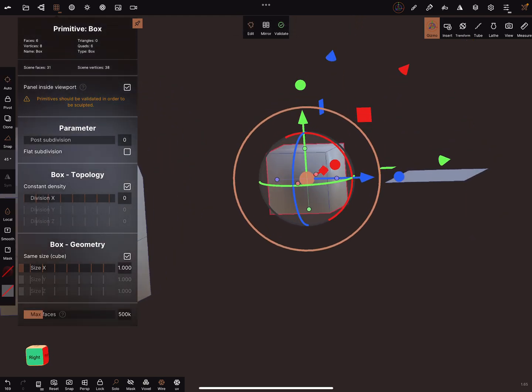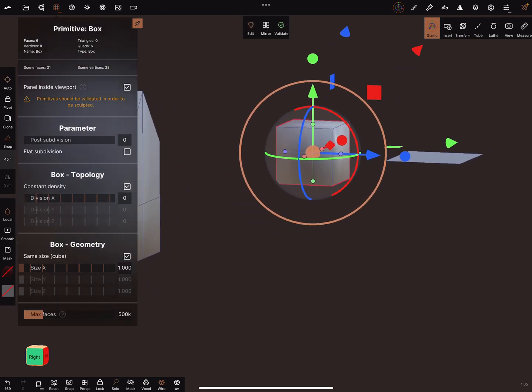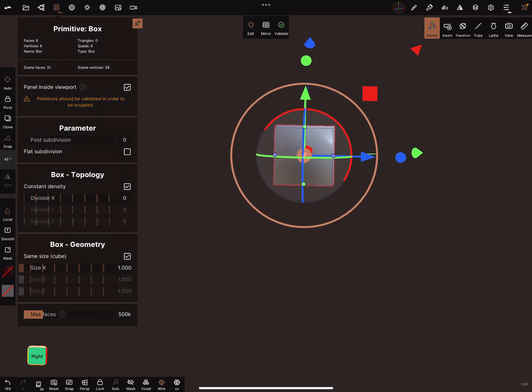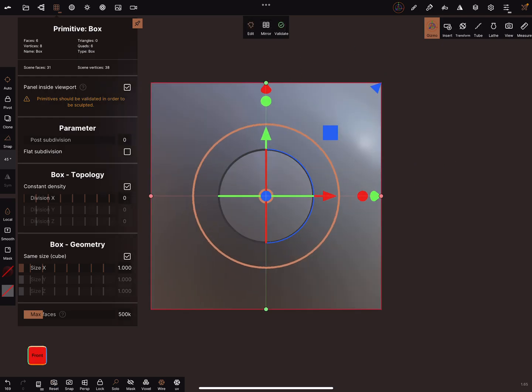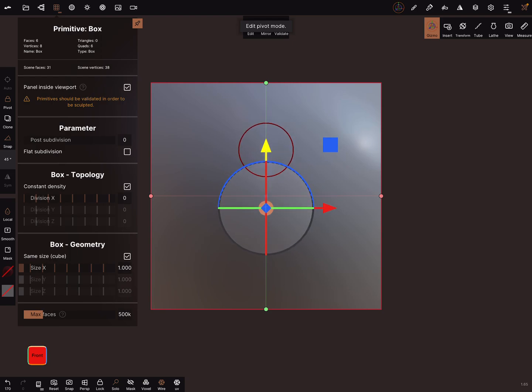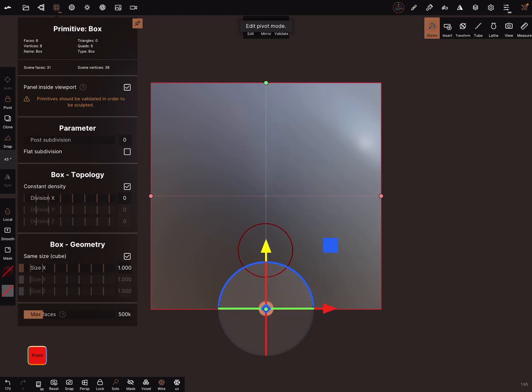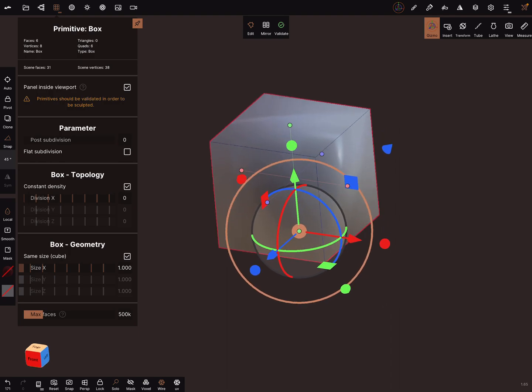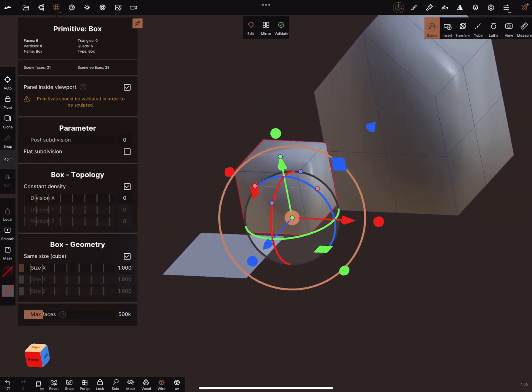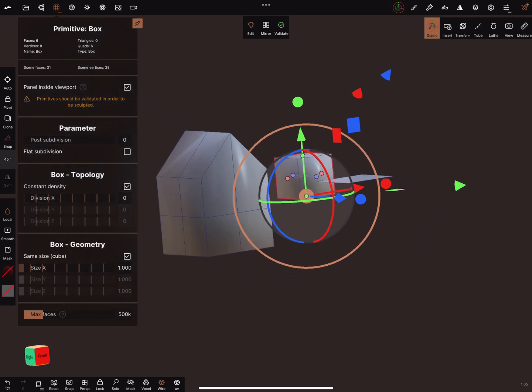And for the cube, you can go in the solo view, in a right view, reset the view, and adjust also the pivot one time and bring it in an anchor position like this. Leave the pivot function. Now you can leave the solo view.